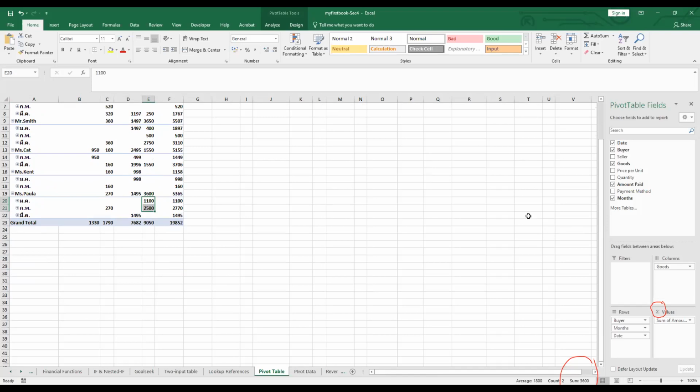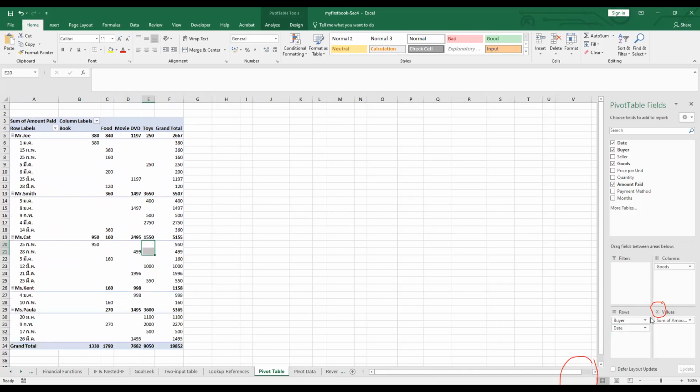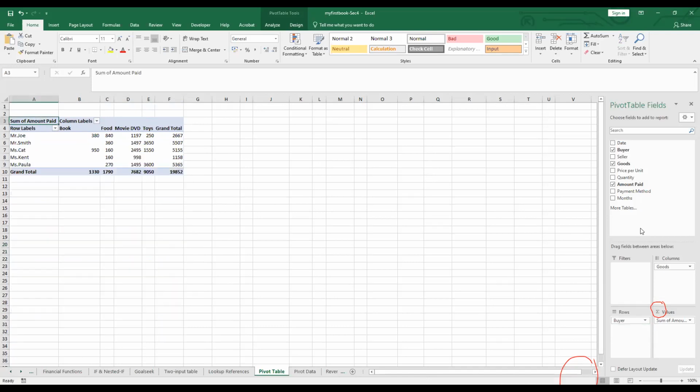So the pivot table is a summary table that tells us the details that you want to have. Suppose I remove date. If you don't want any field, just drag it back to the original place, like this. Now we get this kind of thing. We still have Paula who purchased 3,600 for toys in our company, so you can change or switch any